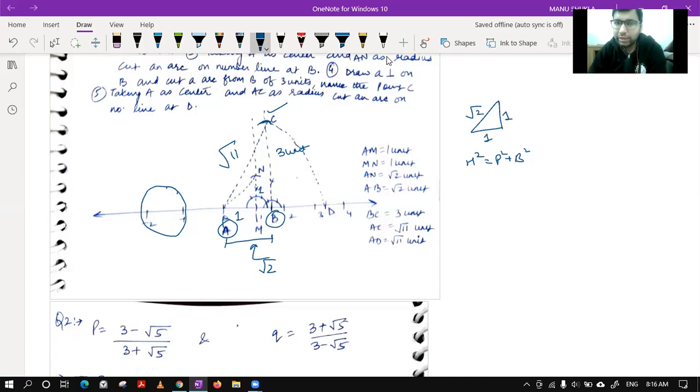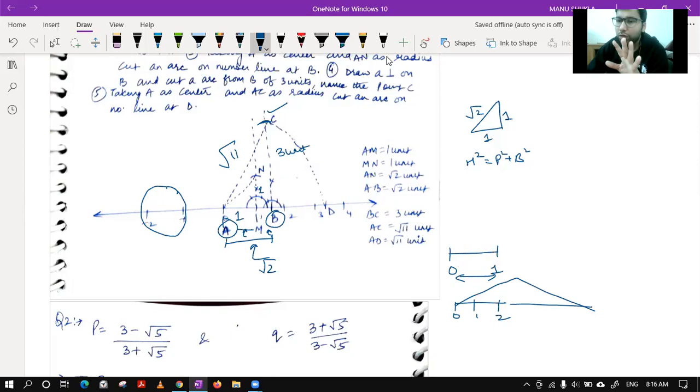Class, if you feel that it is quite cramped to draw all these things and it is complicated, you can take 2 units or 2 centimeters as 1 unit also. In your scale, it will be of 2 units. But as for your number line, you have taken it as 1 unit. That is also possible. But during this time, you have to measure all the compass readings very carefully. If you want 3 units, then you have to measure 6 units on your scale. That's the only thing you have to take care of. After that, it will become easy for you.